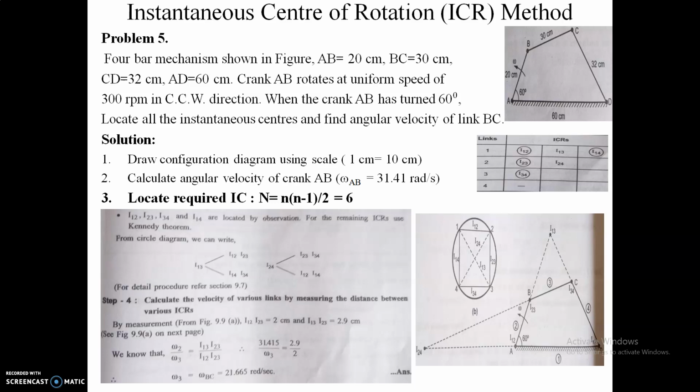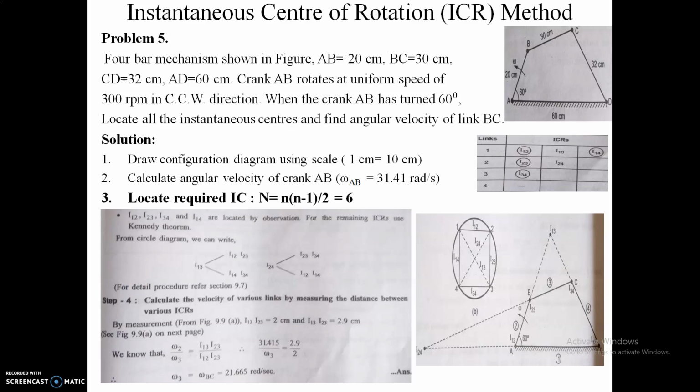In the same way you join 2 and 4 by dotted lines, and again two triangles are formed, and because of the two triangles the 4 ICs are involved. Half of the triangle on the left side has 2 ICs, and the other half on the right side has 2 ICs. So here I23, I34, and again I12 and I14. If you take this particular IC and draw the line through that IC, then you will get the intersection I24. In this way you have to locate all the 6 ICs.